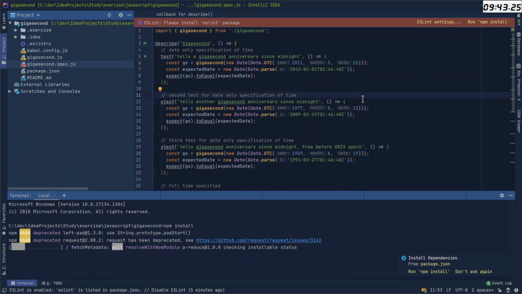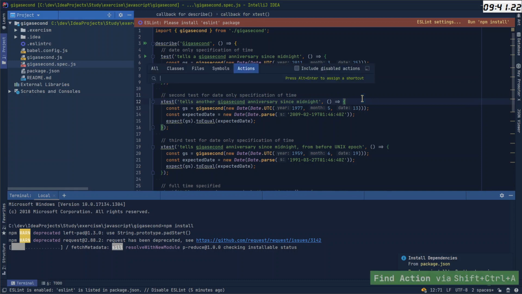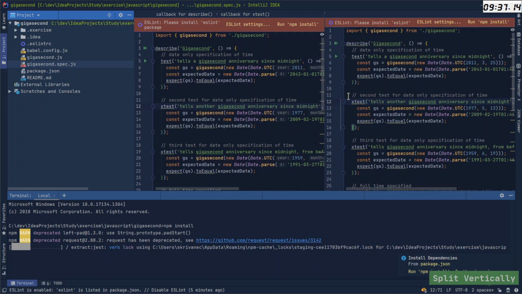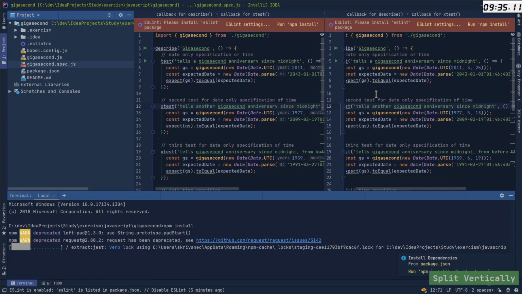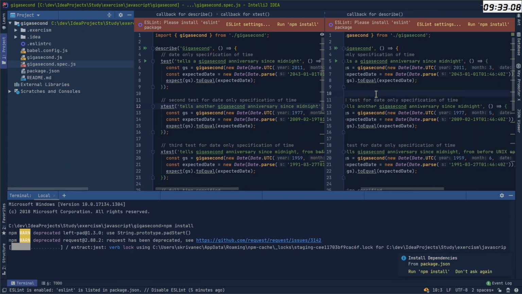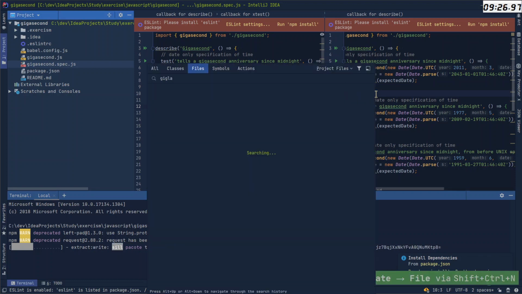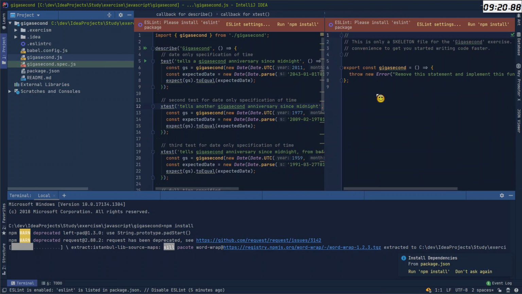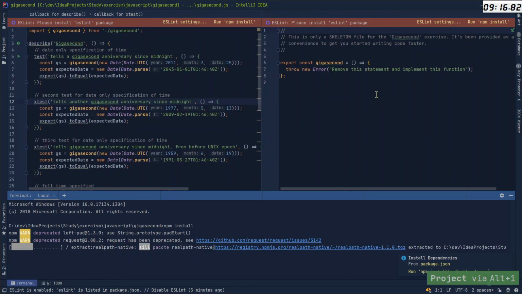It's installing. And okay, so we will split vertically. And in here I will look at another file, which is gigasecond.js, and that's where I will be writing the things. So I'll close this guy.